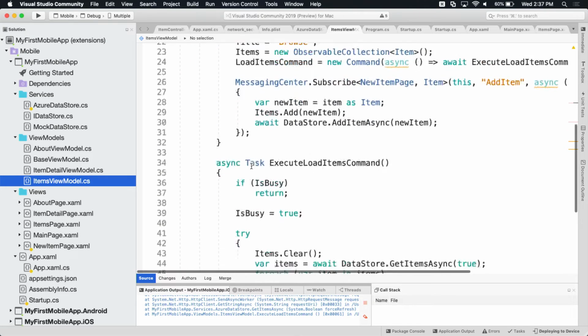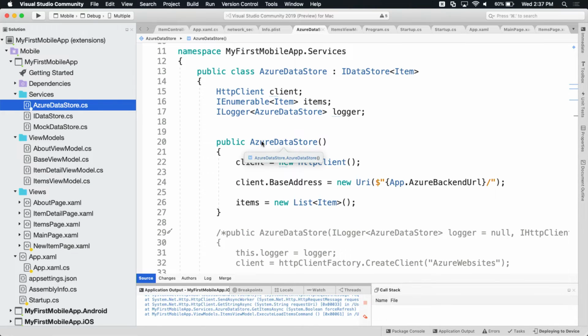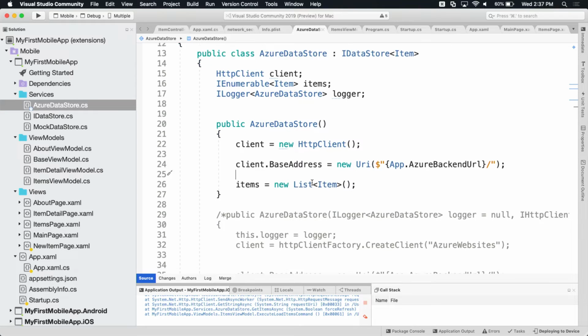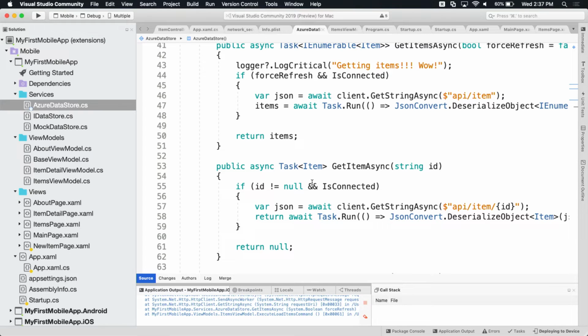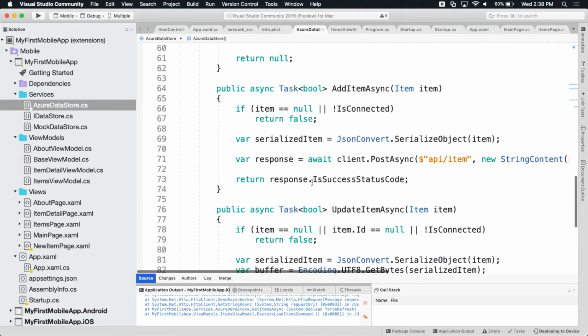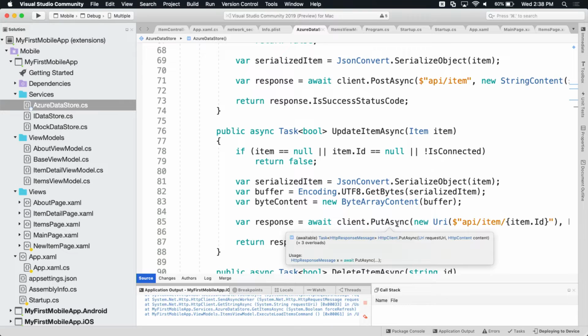We have this data store, and whenever I pull to refresh or load, it's going to say get items asynchronously. I'm going to show you this code, and you're going to be like, how do you make service calls with Xamarin? Well, use HttpClient, exactly the same way you've been making HTTP calls forever, because with Xamarin you get all of .NET with you. Here I set up a base URL, and when I want to do gets or puts or anything, I can say get string async and hit that API via that URL. If I want to add, I do a post. If I want to update, I can do a put. So I make just CRUD operation calls.